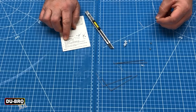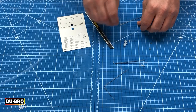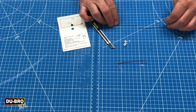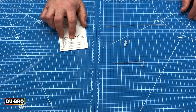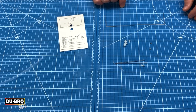So now we're going to slide the tubing onto the wire. We'll do that for both sides. Now what I'm going to do is set this up in a mirror configuration so that I complete one set of wires for each side. So the next thing I'm going to do is bend a 90-degree into these wires. Once I bend the 90-degree and get it onto the airplane, you'll see exactly why, but let me get the